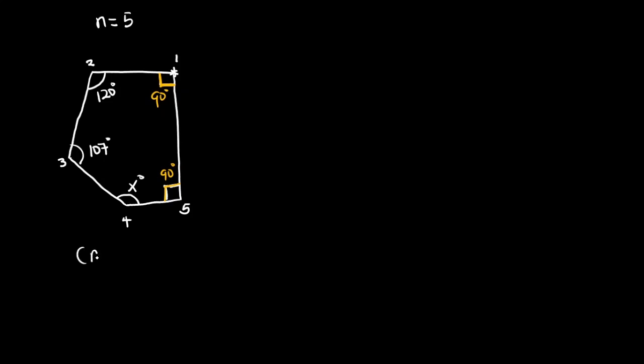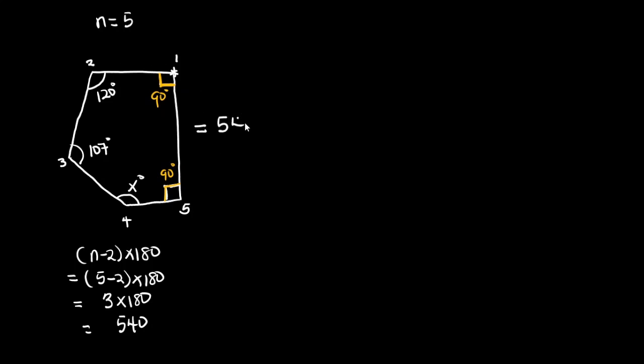So the formula is n minus 2 multiplied by 180, and n is 5 because the polygon has 5 sides, then minus 2 multiplied by 180. Now 5 minus 2 will give me 3 multiplied by 180, and then 3 multiplied by 180 will give me the value of 540. So it means everything in this particular polygon add up to 540